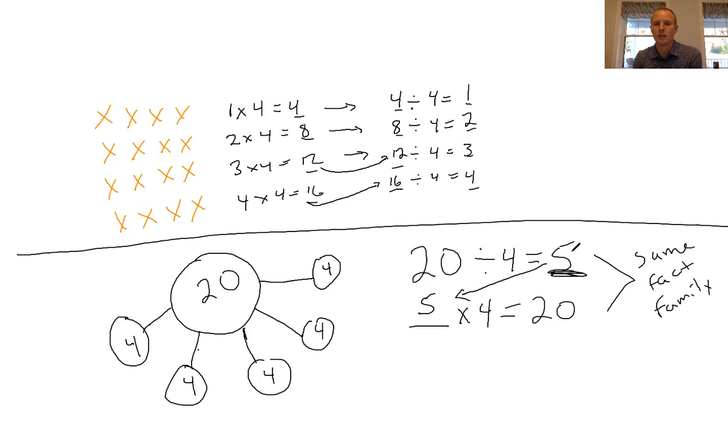So if you're missing a quotient here, it is always going to be one of the missing factors in a multiplication sentence. So I'll give you another quick example here. If I have